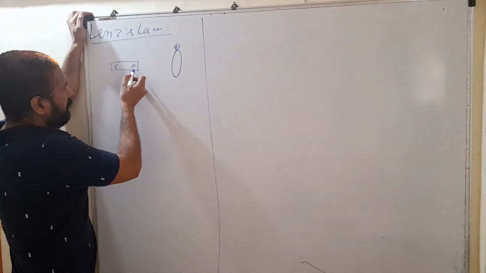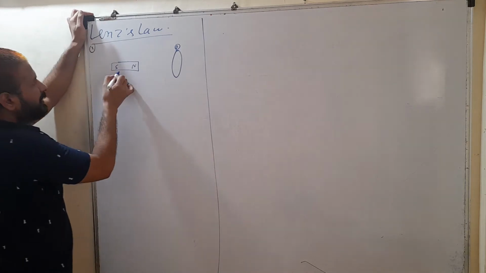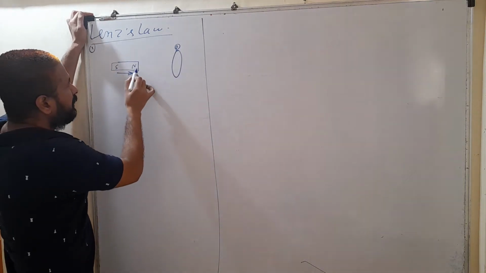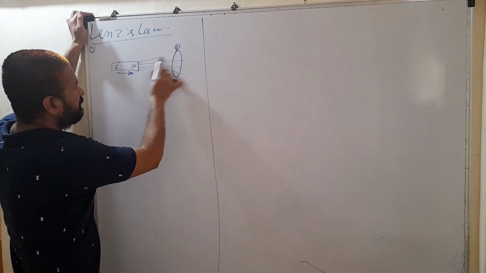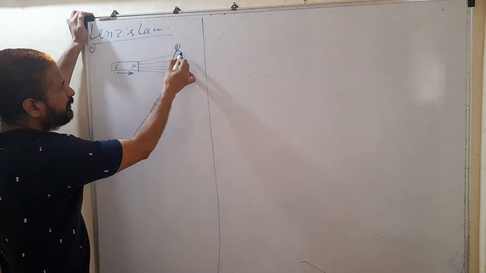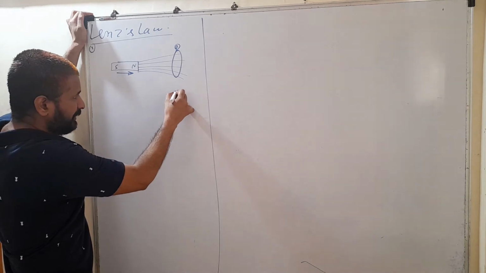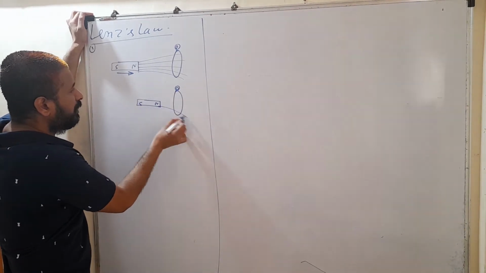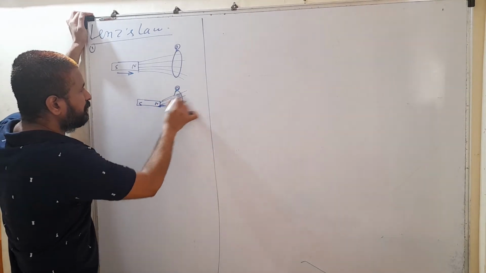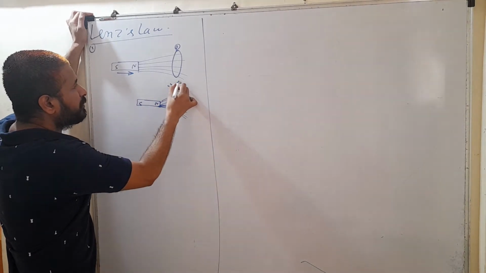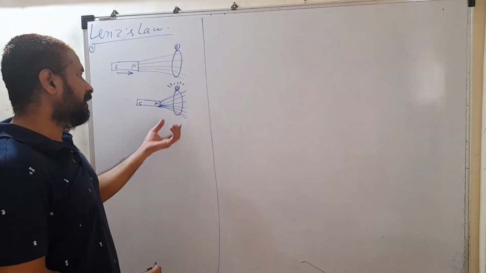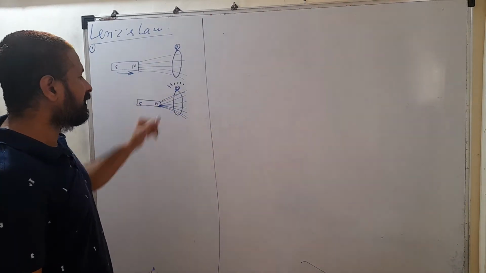Now in the first case, if this magnet is moving towards the loop, whatever is the number of magnetic lines, it is going to increase the magnetic lines. Because the magnet is closer, north and south, now more magnetic lines are passing through this loop. So the bulb will glow because of change in flux. Due to change in flux, an EMF is induced, and because of that induced EMF, current will flow here.